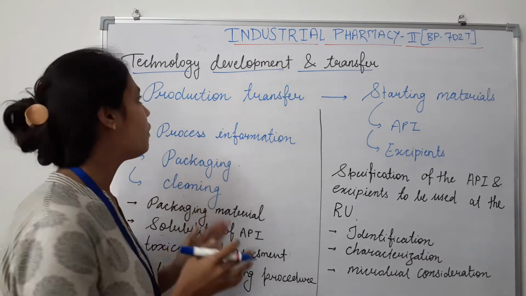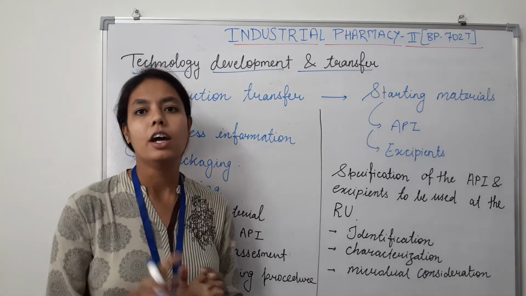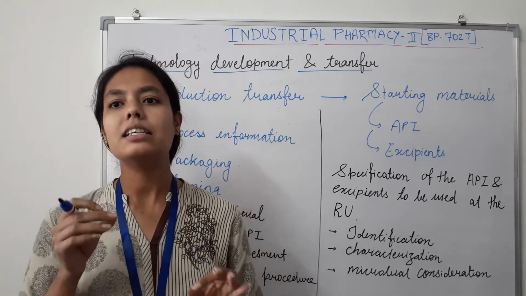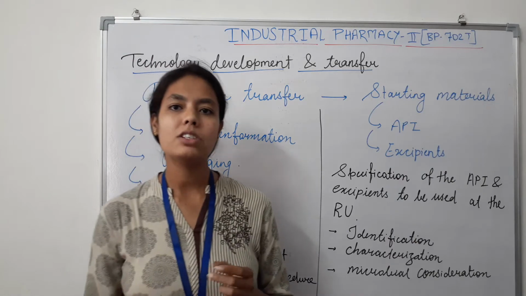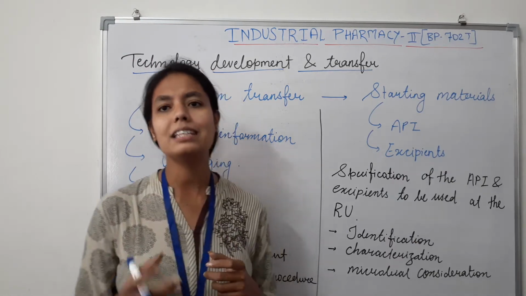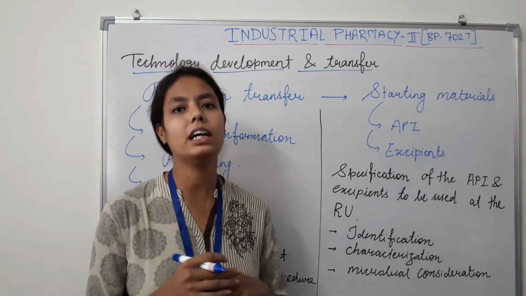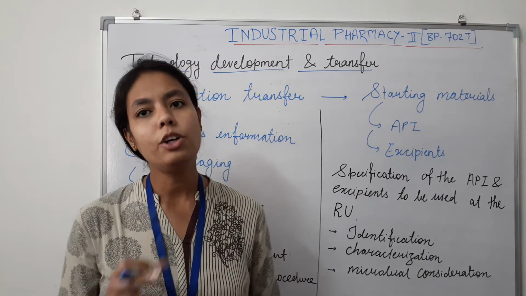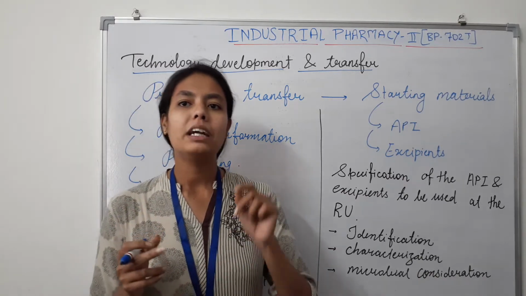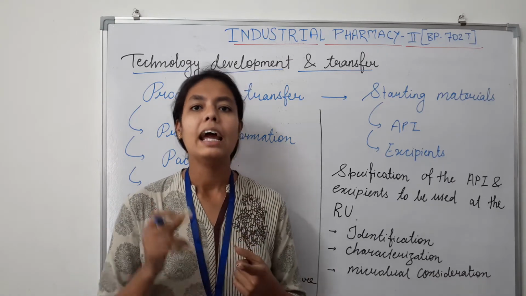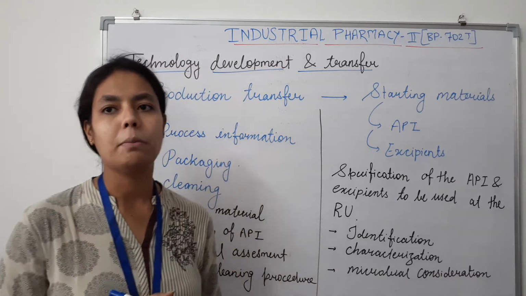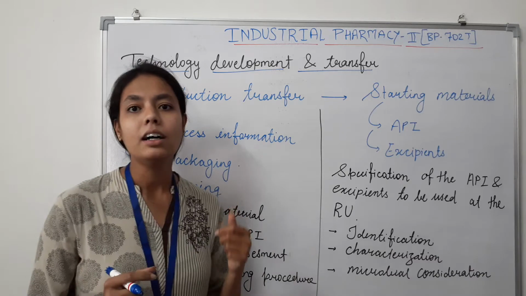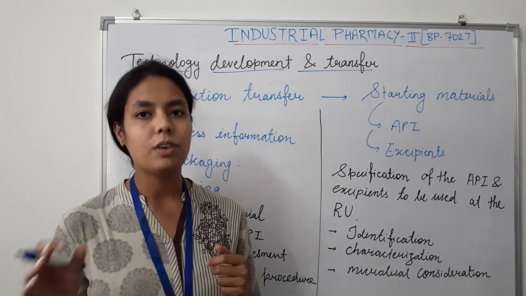So let's talk generally about production transfer. It should be established at the outset whether the receiving unit is to perform single batch manufacturing, continuous production or campaigns, and whether the receiving unit can accommodate the intended production capacity. Consideration should be given to the level and depth of detail to be transferred to support production and any further development or process optimization at the receiving unit, as intended under the development project transfer plan.